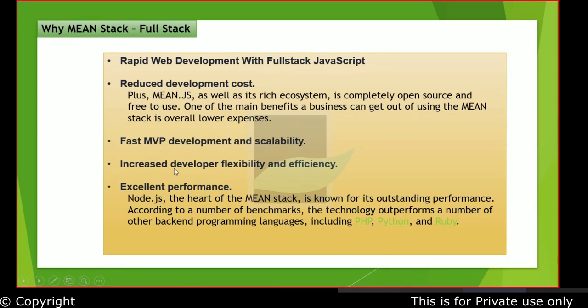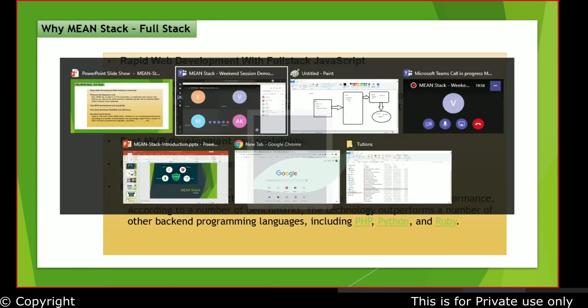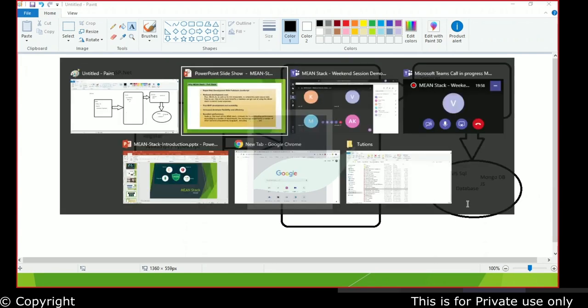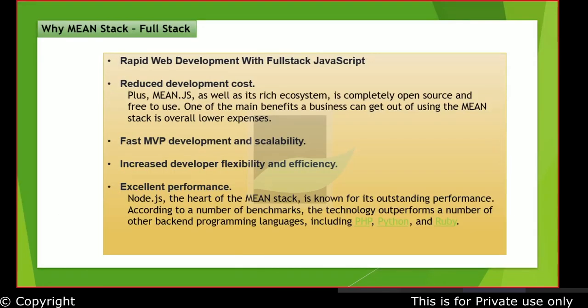Another thing, increased developer flexibility and efficiency. Essentially, the developer is pretty much flexible and he is pretty much efficient just because he is not switching languages across these layers. Whenever he is working on multiple layers, he is just working as a JavaScript guy. And being smart in only this is enough for him to scale up and design and work on all these layers of your application.